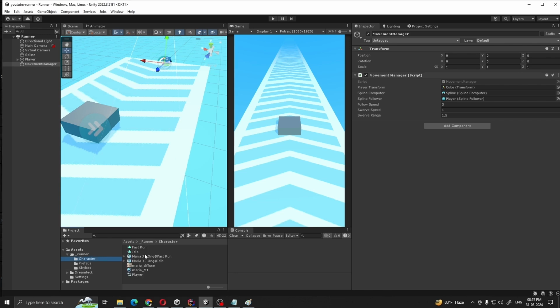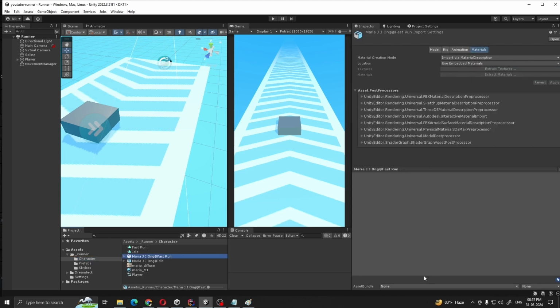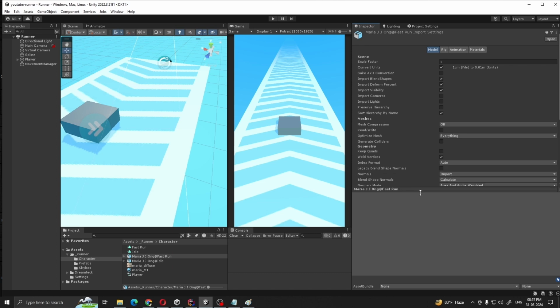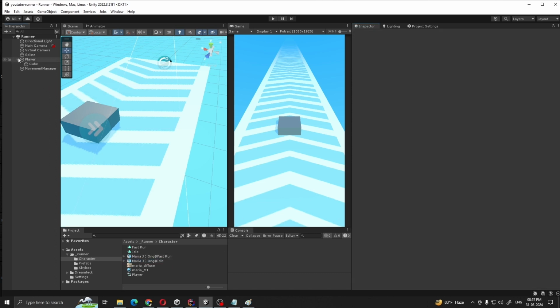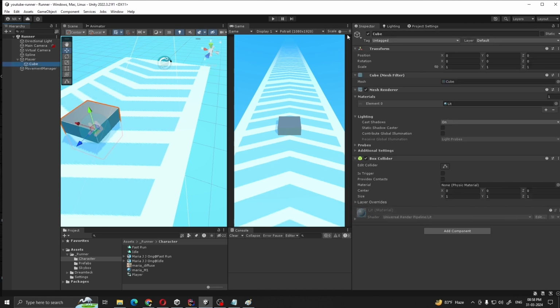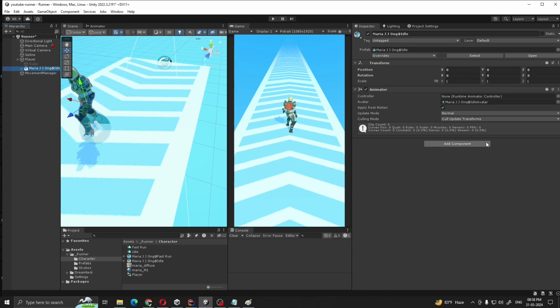I downloaded a character from Mixamo. You can see it should be here. So disable our cube and add idle to here. And for controller, I made a controller, and the controller settings here